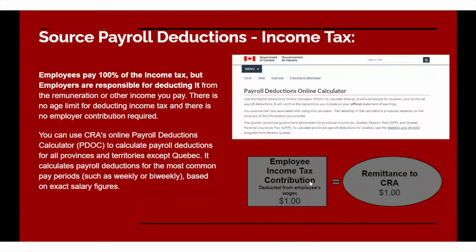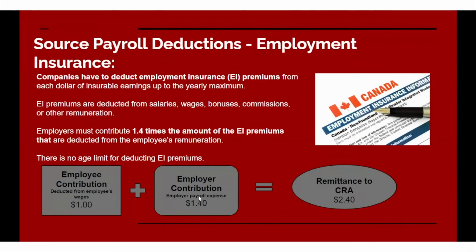So it's a 1-for-1 with Canada Pension Plan. But employment insurance, for every dollar the employee contributes, the employer has to contribute $1.40. So in this particular case, it was $33 and something cents, I believe. 1.4 times that is how much the